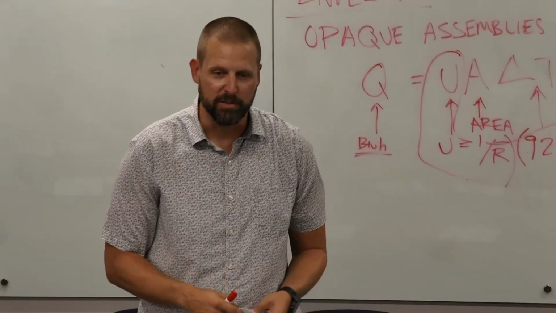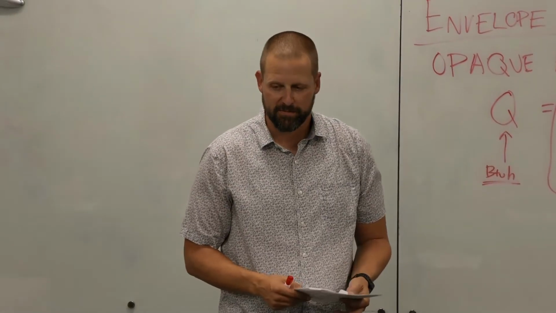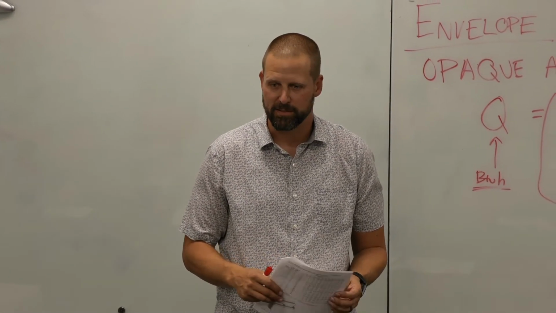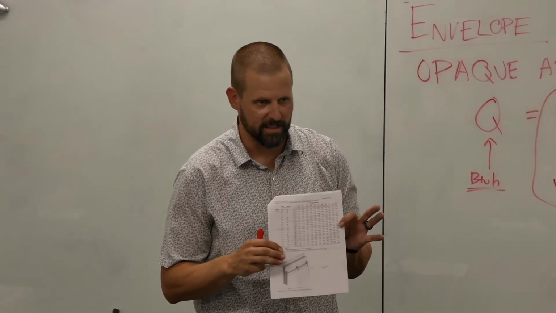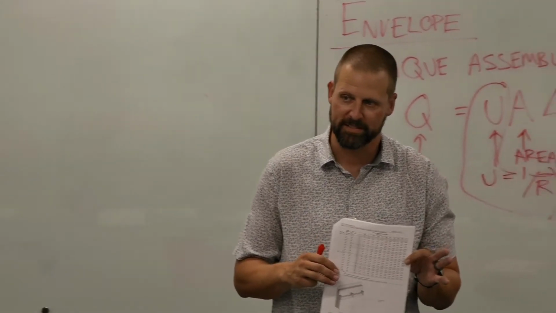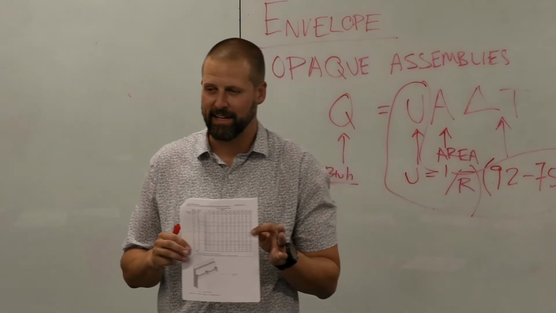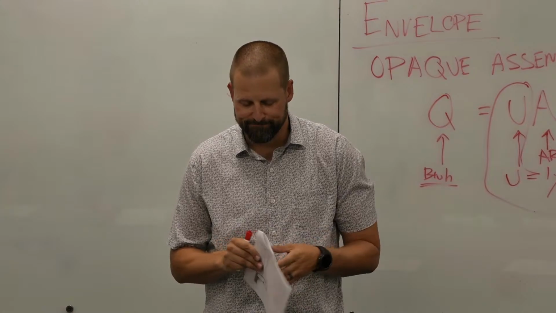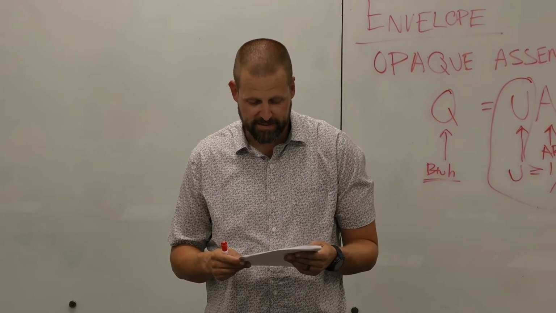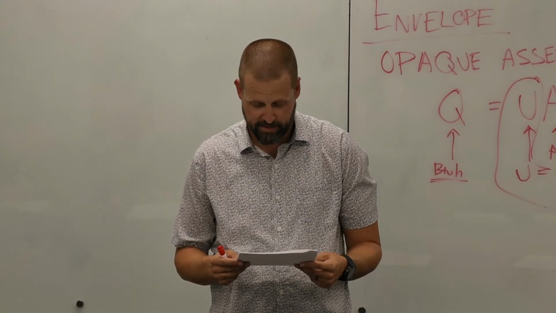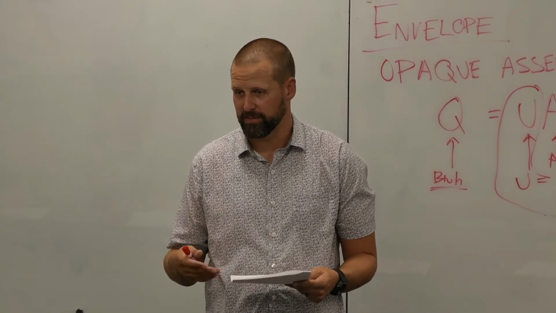Okay, so how we come up with U values, you can build them in software, you can look them up in tables. How we like to do it generally is look them up in tables. So the California Energy Commission has a joint appendix that has every type of assembly in it, where they have tested different materials and iterated. A lot of it's calculated, but a lot of it's tested